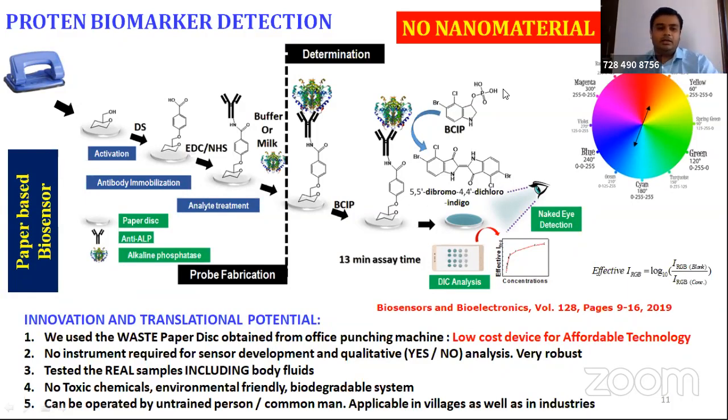So overall, what is happening? The white paper turned into a blue color. So the presence of the blue color will clearly indicate the formation of the complexation of the antigen and antibody, right? So this is a very, very classical example where no nanomaterial was utilized. And after this process, what happened? It was linked with a mobile phone, and the digital image colorimetry, DIC, has been performed, and the standard calibration means the range of detection from 1 to 1 million, 1 to 100, whatever, right? So this calibration was performed for the exact analysis.